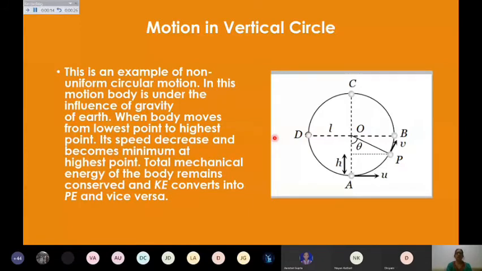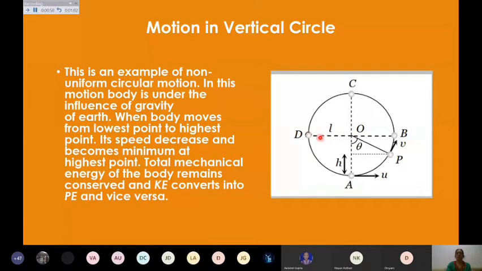As we have discussed earlier, circular motion can be uniform as well as non-uniform. So we are talking about non-uniform circular motion. It means along with the centripetal force, if you are having some acceleration, that also will be producing force. Here you are making the body rotate like this in the vertical circle. It means you are working against gravity as well when you are moving the body.